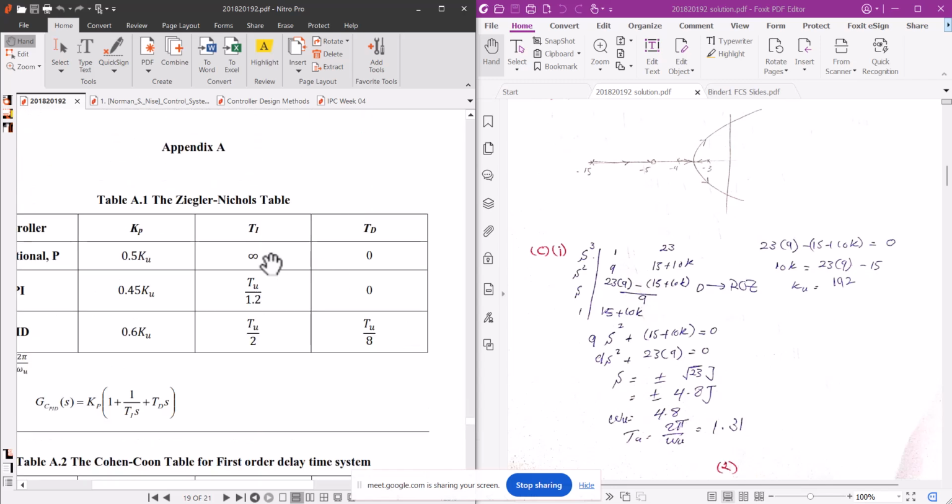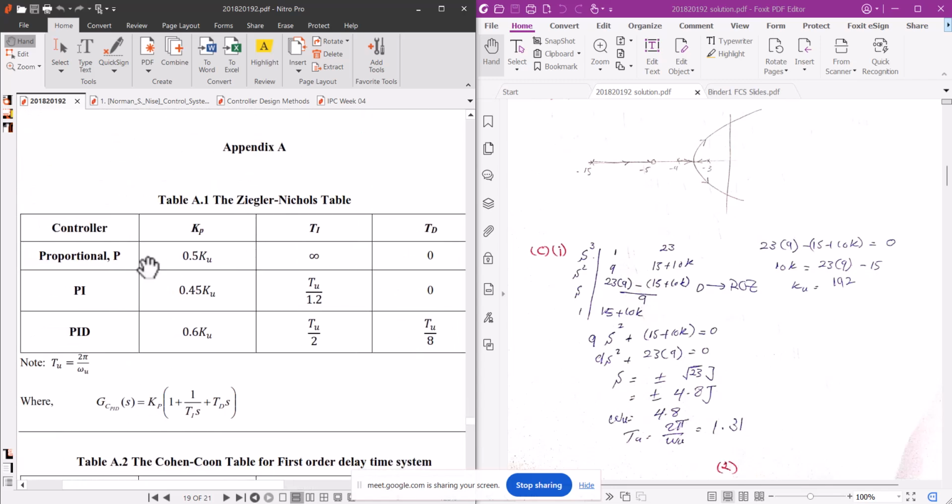This is the table of the Ziegler-Nichols method. We will determine the Ku and Tu. Ku is the ultimate gain and Tu is the time period. After getting Ku and Tu, which I will show how we get